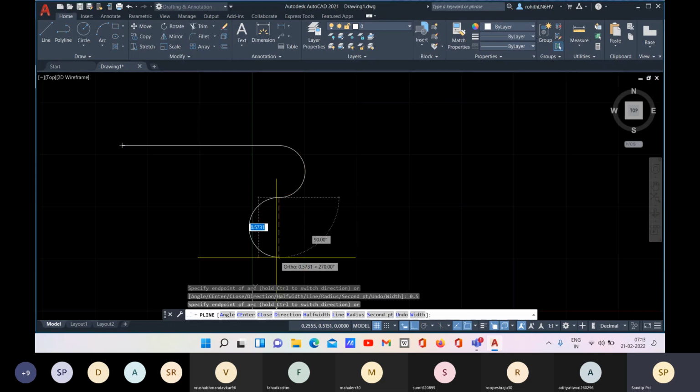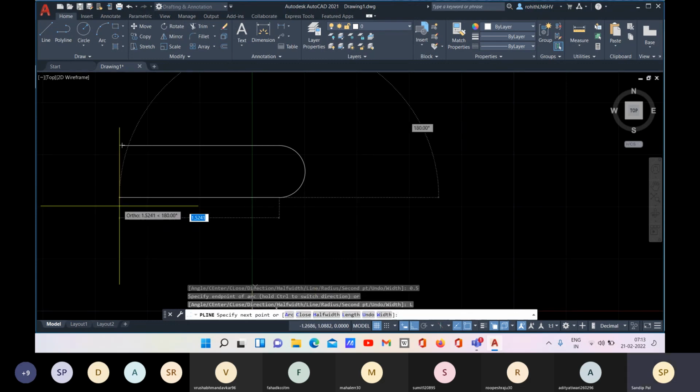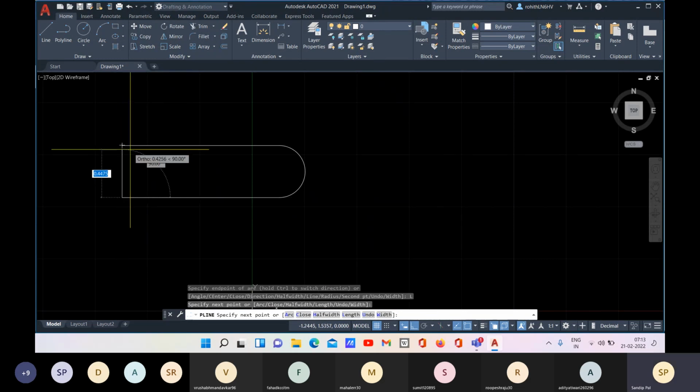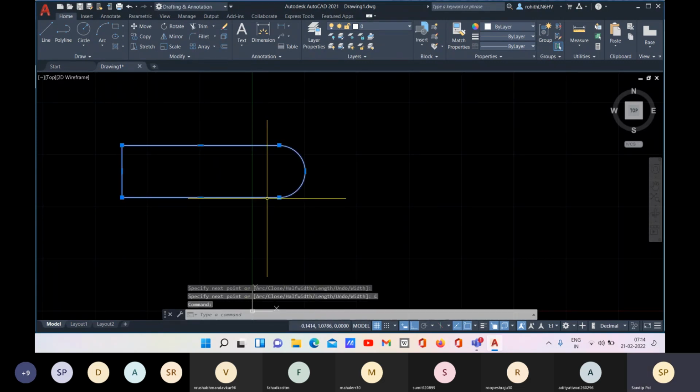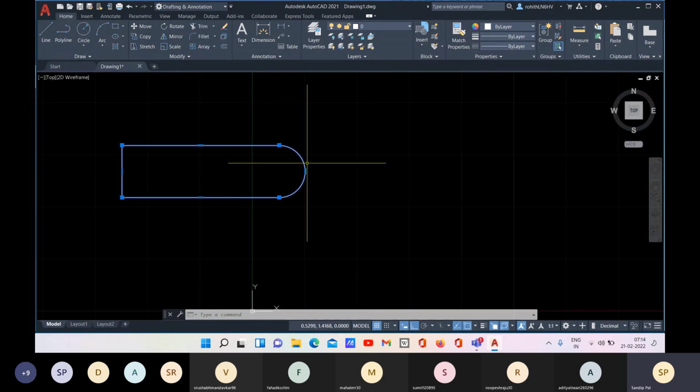Now, if you need a line, you can press L, enter here within this command, or you have this option Line, you can click on this option and you have it. So it will be the best option to create objects like this, and you can click on Close. Now this is a single object, and these blue dots are the grip points. These are called grip points.